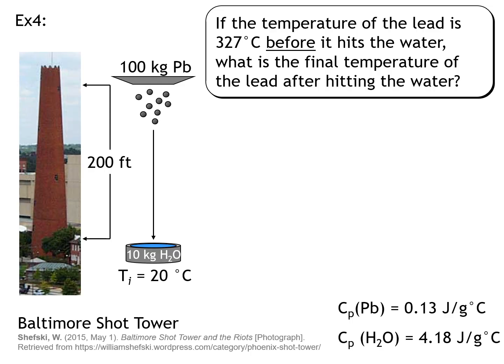The reason why the Baltimore Shot Tower was significant was because it was one of the tallest structures in the continental U.S. for a number of years. It had to be that tall because of what they were trying to do. What they were making was buckshot. And so the way they made it,